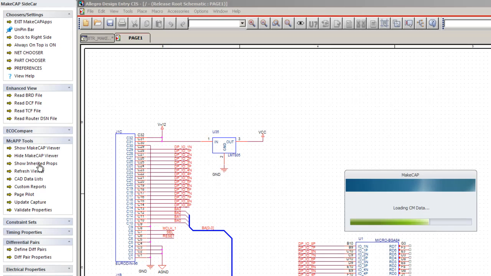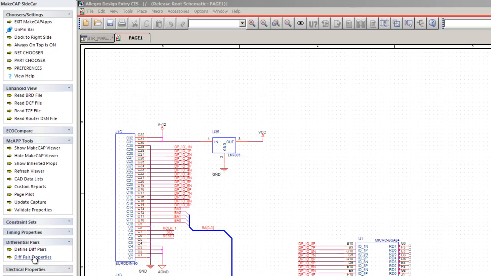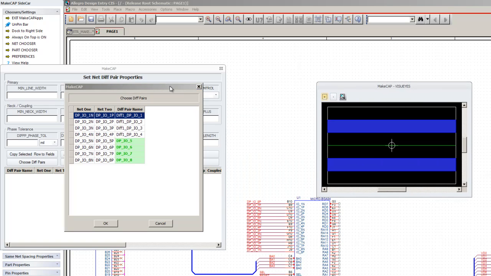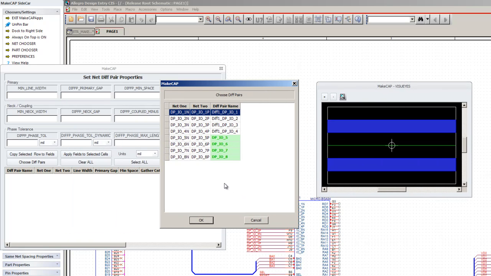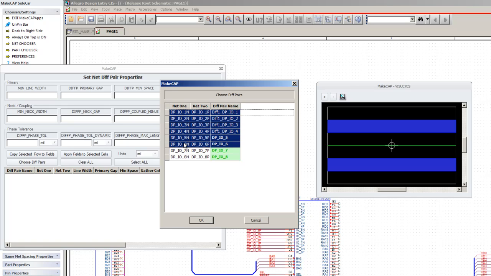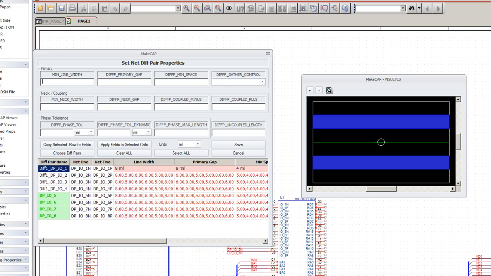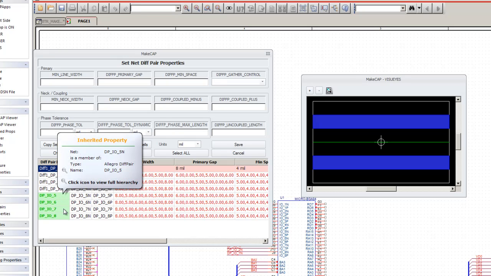Show inherited properties. I'm going to open up the diff pair property screen and choose diff pairs. And now I see that there's more than 4 diff pairs defined. There's 8. 4 of them are defined in Constraint Manager and 4 of them in Capture. So I'm going to select all of them because I can add properties in Capture to diff pairs that are in Constraint Manager but haven't been back annotated yet to the schematic. So now when I open my form, I see a little different kind of a view. I see the additional 4 diff pairs,